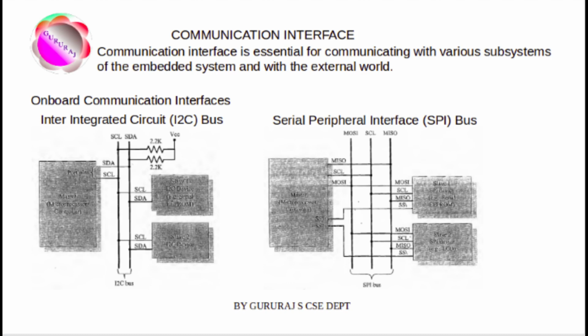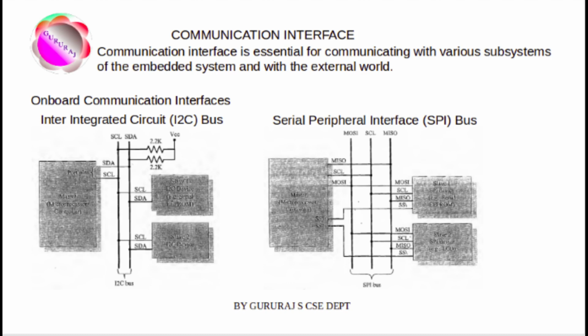It is a synchronous bidirectional half duplex. What do you mean by half duplex? One directional communication at a given point of time. Two-wire serial interface bus. The concept of I2C bus was developed by Philips Semiconductors in the early 1980s. The original intention of I2C was to provide an easy way of connection between a microprocessor or a controller system and the peripheral chip in television sets.